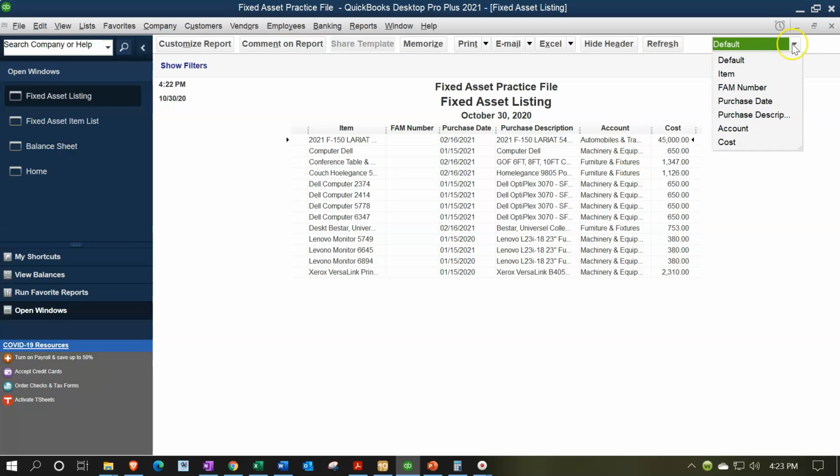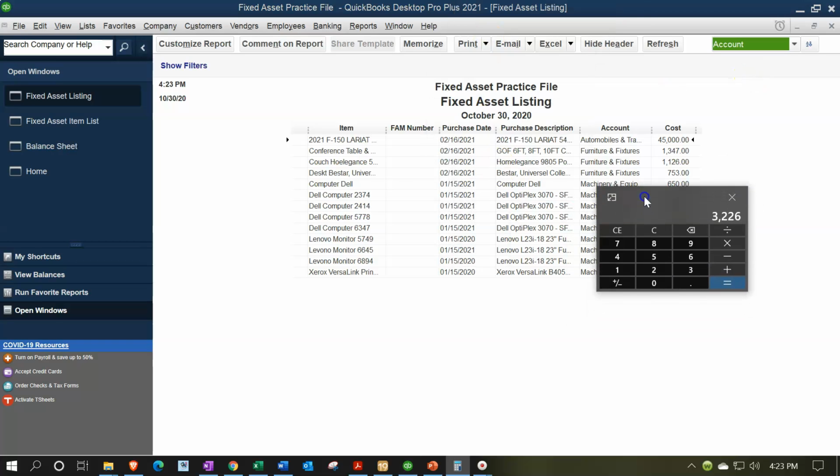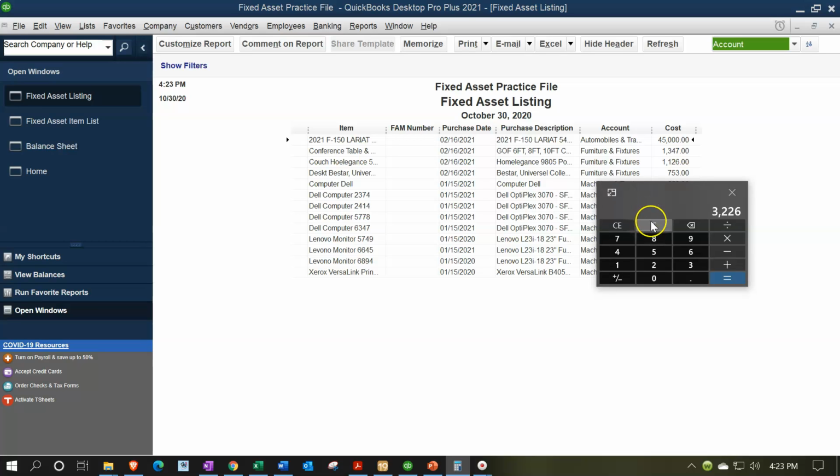Then I would change the order up top to by account. So it's ordered by account. So now we have the automobiles, the furniture and fixture. If I was to add up the furniture and fixture and whatnot, it should then line up. So we have these three line items here, which are the